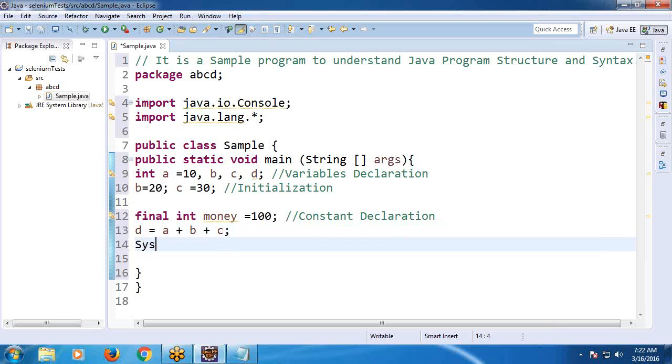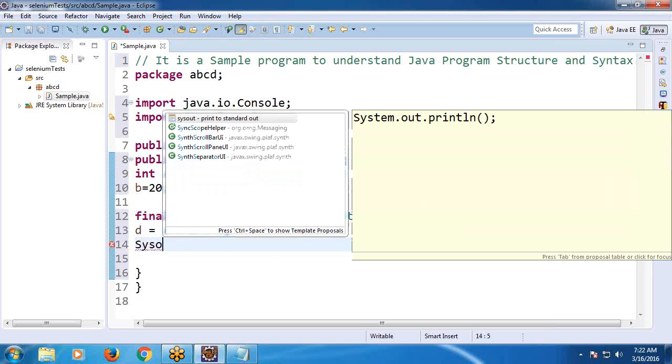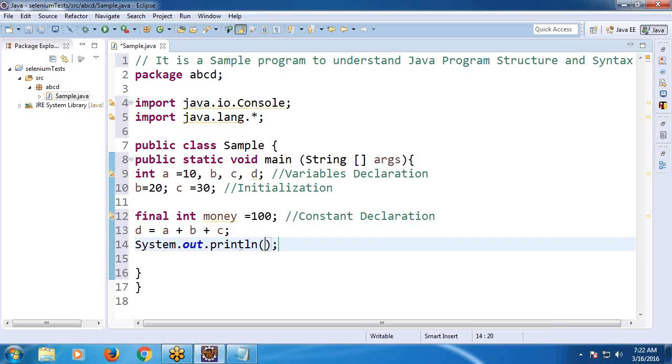Next, SYSO, control space, enter, the short form for this display statement. Here, addition, this is a message, string type data: addition of a comma b comma c is, concatenate operator plus sign d. Then it will show